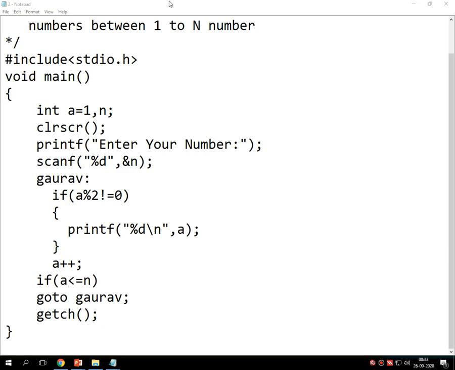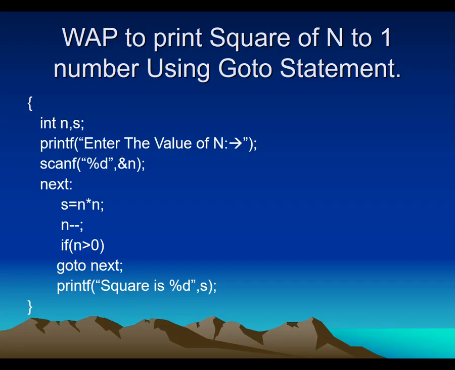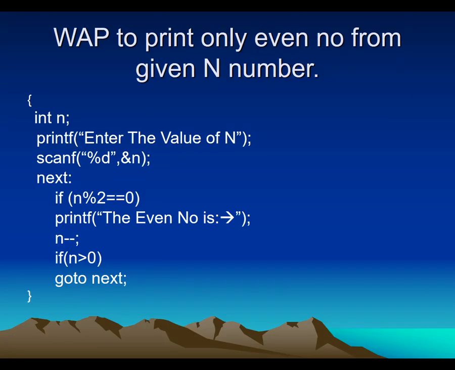I hope you have written this program in your journals or a book. Now let's move on to some other code.